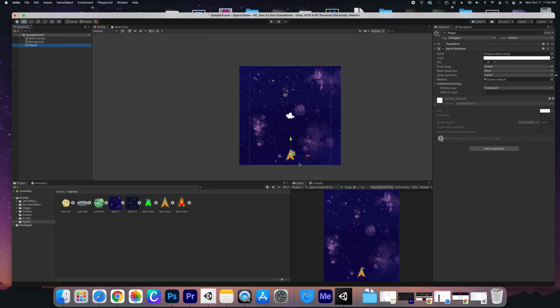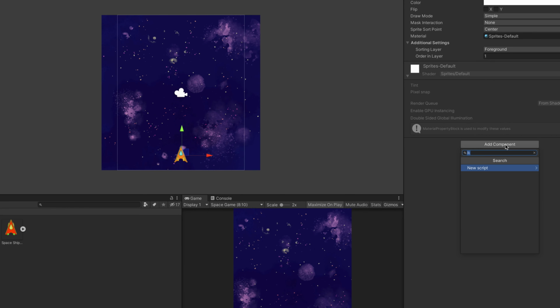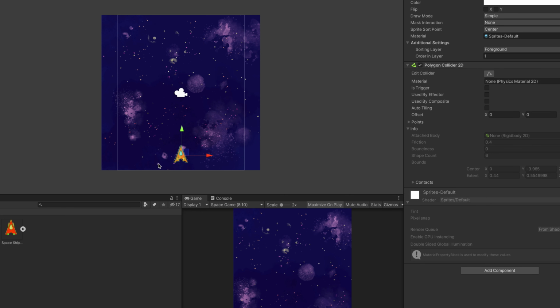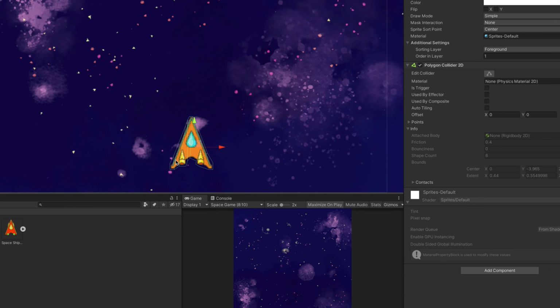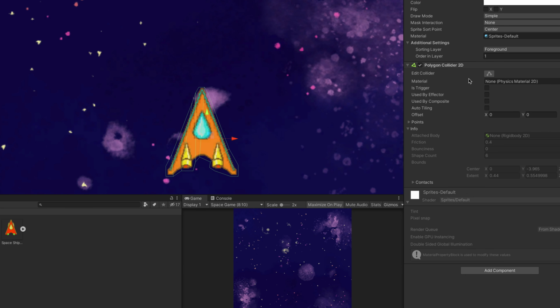For our player to work, we want to come over to Add Component, and we want to add in our Physics 2D. And you can choose what type of collider you're going to add. I like to add the Polygon Collider just for the shape alone, you can see. And then if I want to edit that collider, I click right on this button here, and this allows me to get all of these lines a little bit closer so that I'm not running into things on the outside of my object, but it is working